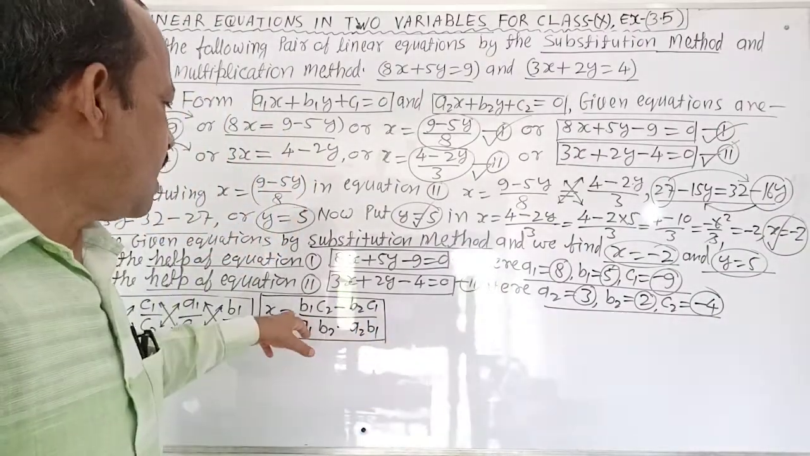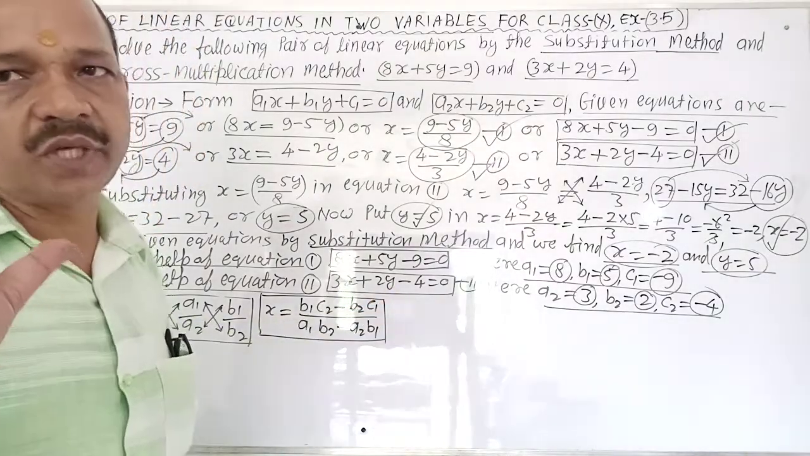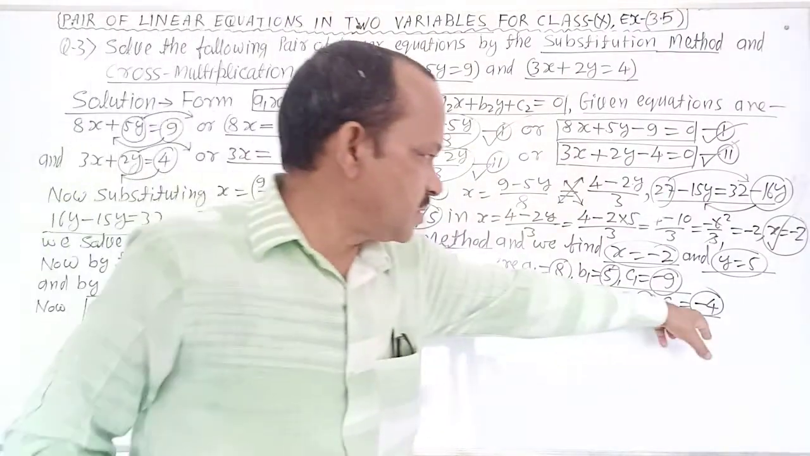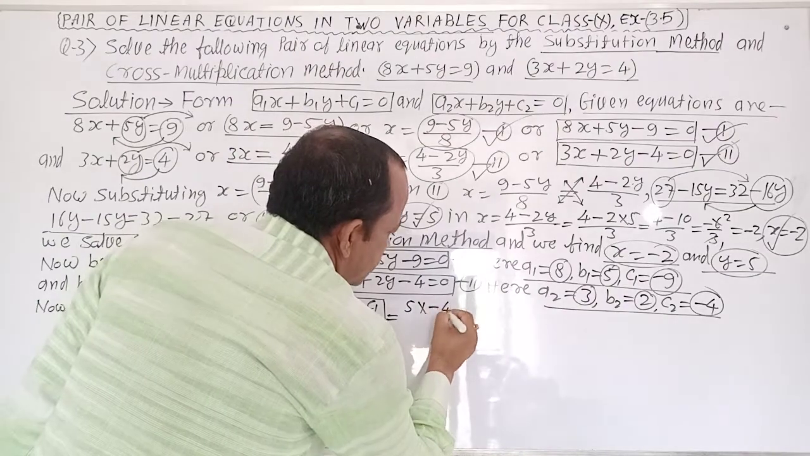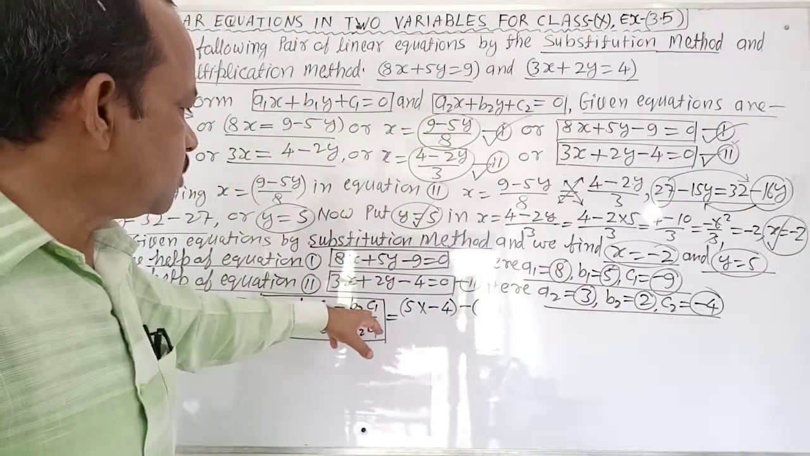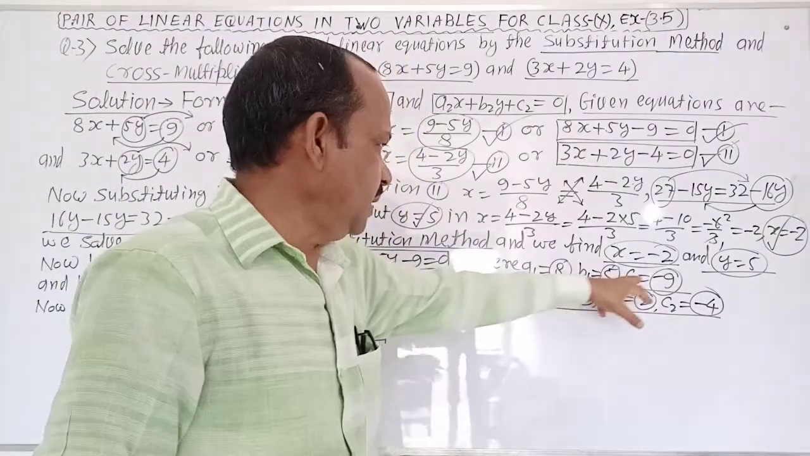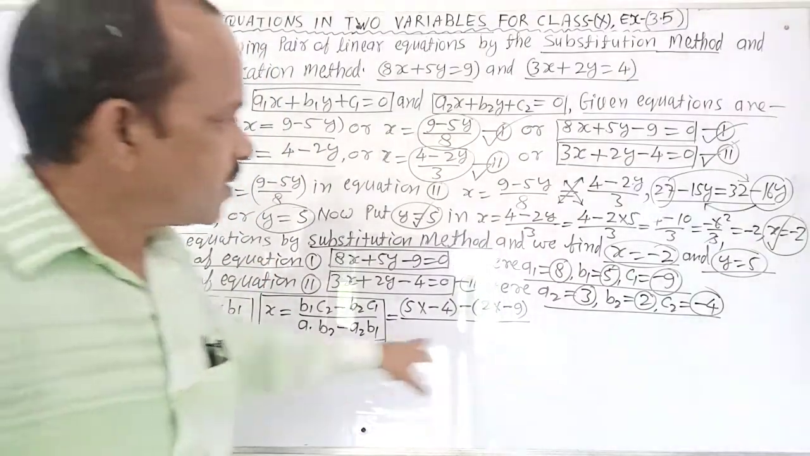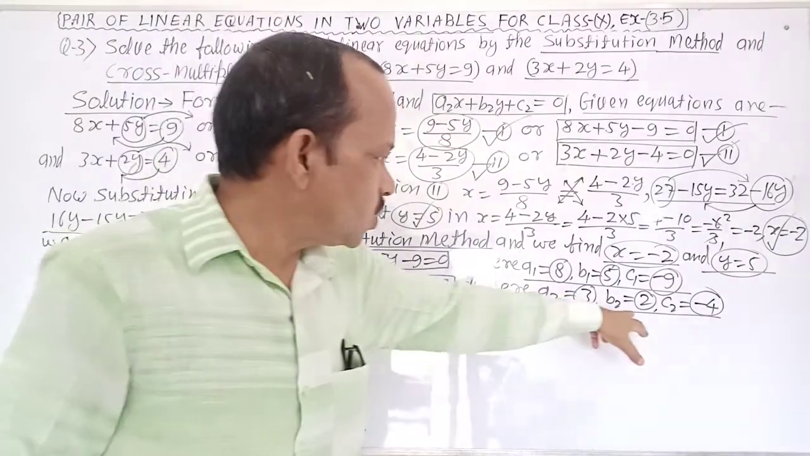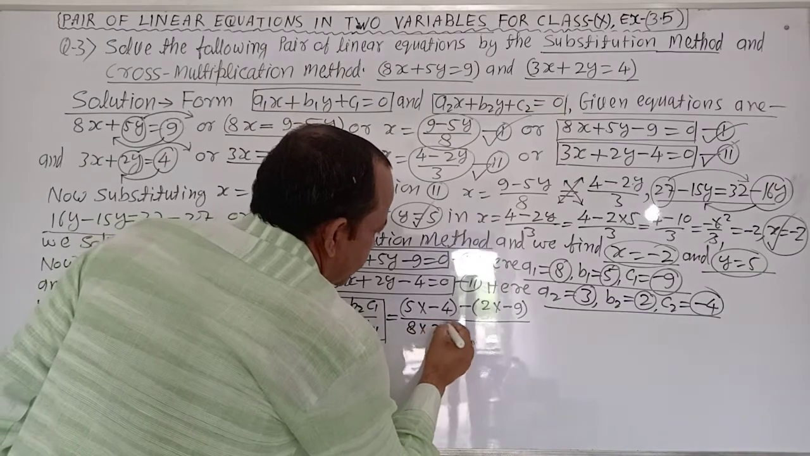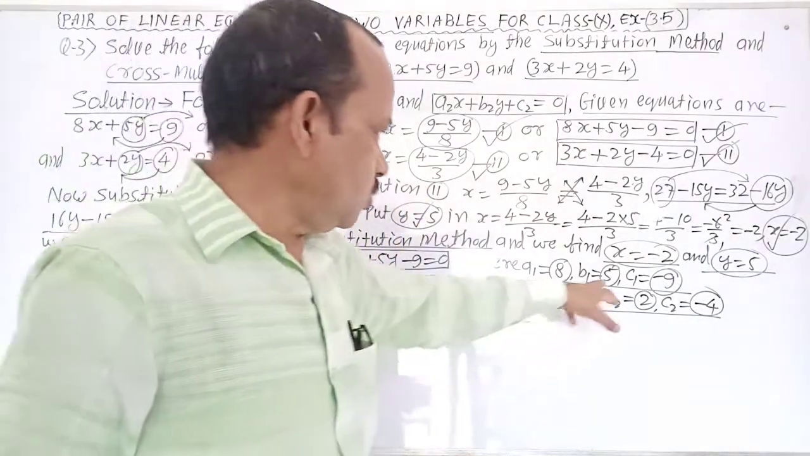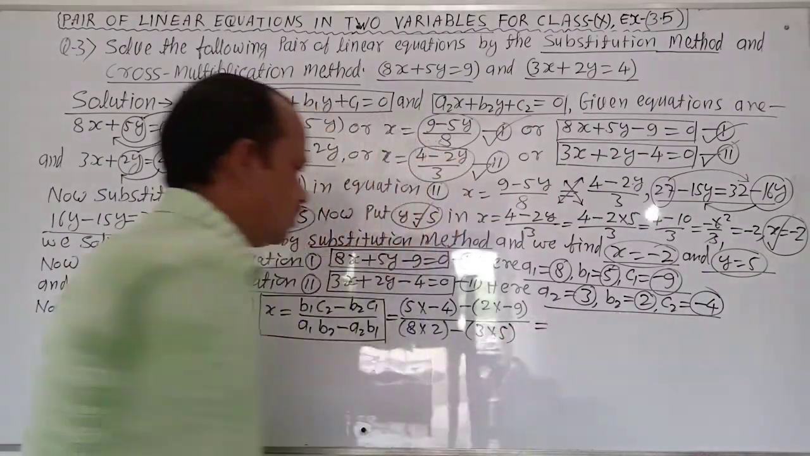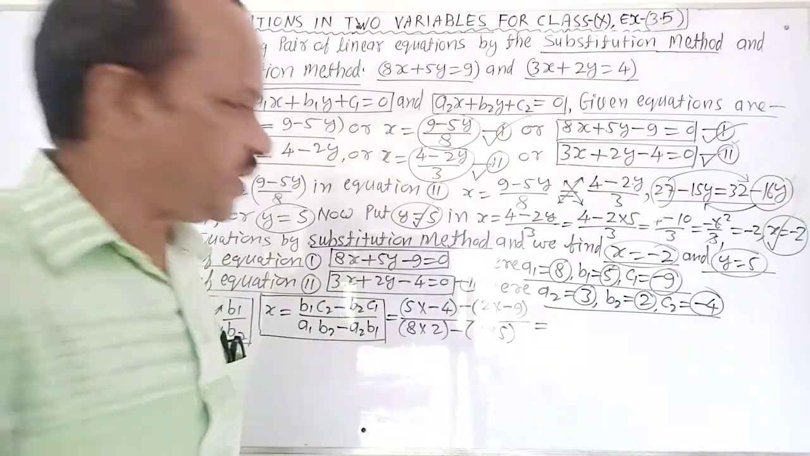Put the value of A1 B1 C1 A2 B2 C2. Clear? x equal to B1, here B1 means 5, C2 means minus 4: 5 multiply minus 4, minus here B2 C1: B2 is 2, C1 is minus 9, 2 multiply minus 9, upon A1 B2: A1 is 8, B2 is 2, 8 multiply 2, minus A2 B1: A2 means 3, B1 means 5, 3 multiply 5,